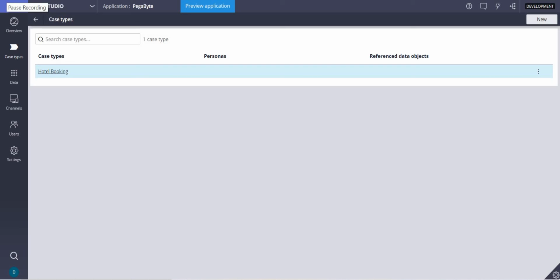So hi everyone, now we will be creating a data type for the hotel booking which we already created as a case type. Why do I need a data type over here? I want to reuse those properties, for example person details. When I say guest, guest can be a number of guests, so you can add them into the case type, which is used for reusability purposes.